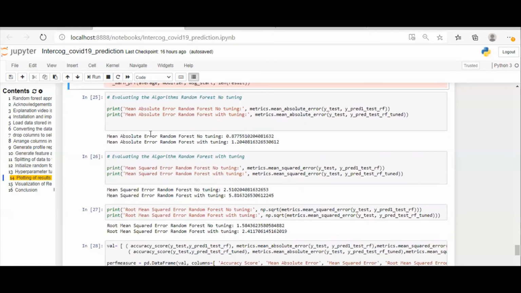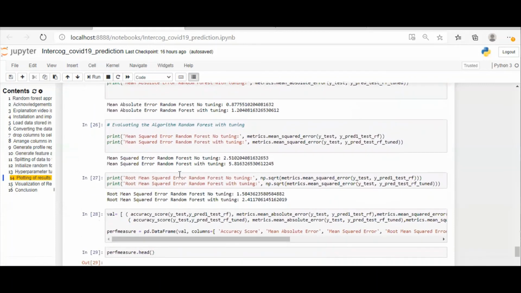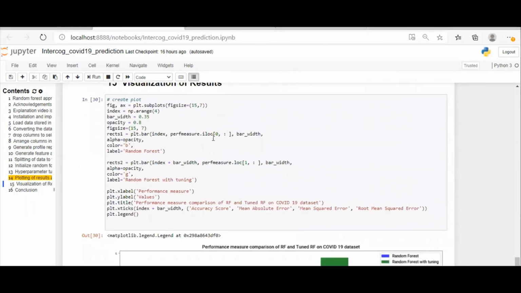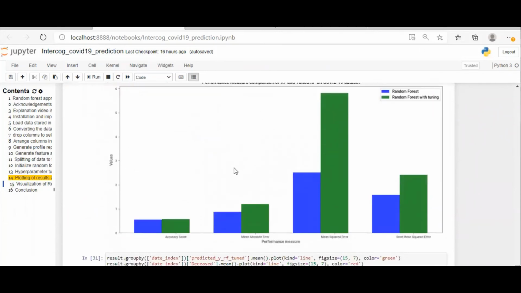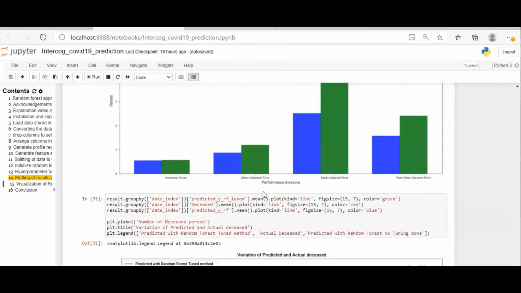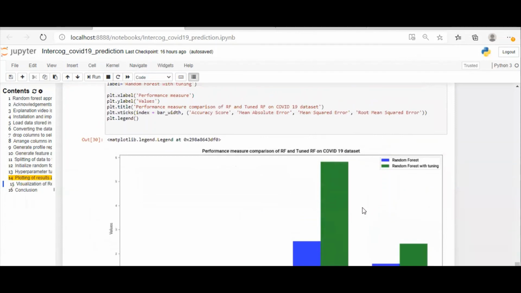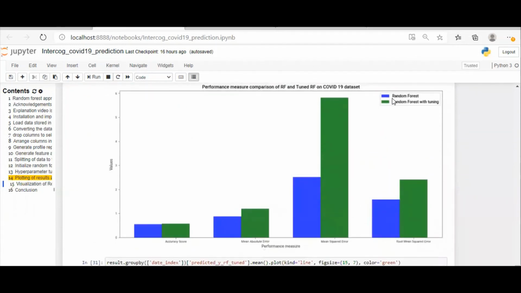Now I'm going to print the absolute error, mean square error, accuracy score, and root mean square error, etc. as a graph. So the graph is for normal random forest, the blue colored one, and the green colored one is random forest with tuning.